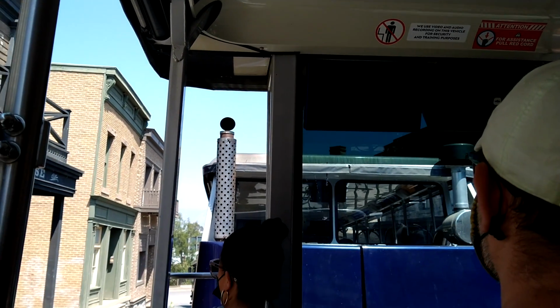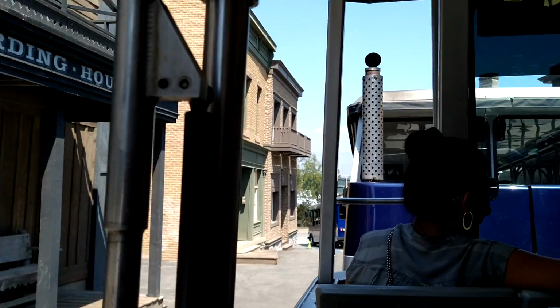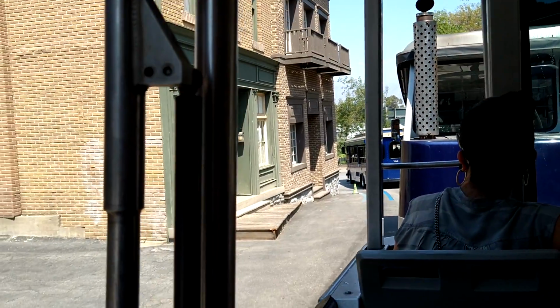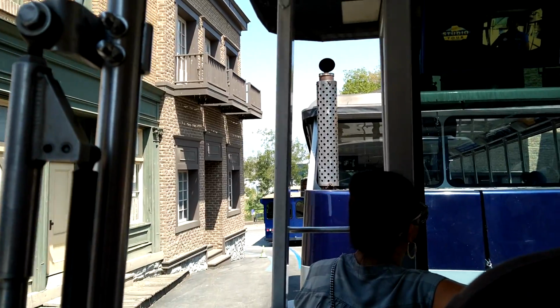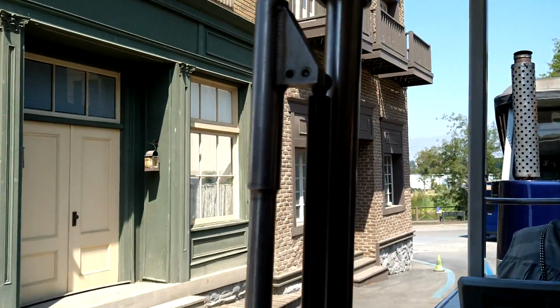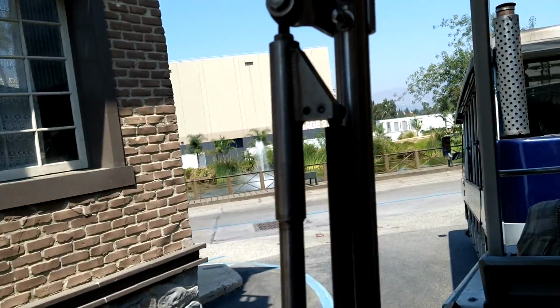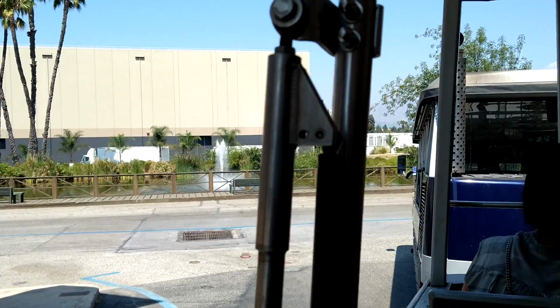And while these are some of the oldest sets we have in the studio, we still use them for filming all the time. You may have recognized them from movies like Once Upon a Time in Hollywood, directed by Quentin Tarantino, starring Brad Pitt, Leonardo DiCaprio, and Margot Robbie. You can also see these in movies like Call of the Wild, Saving Mr. Banks, and Australia. Now, as we exit 6 Points, Texas,